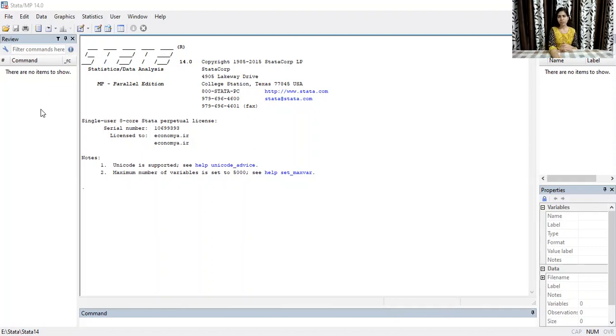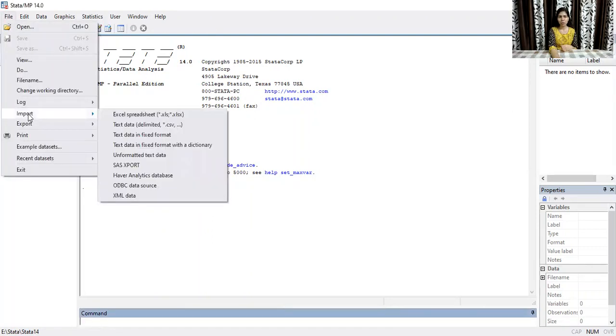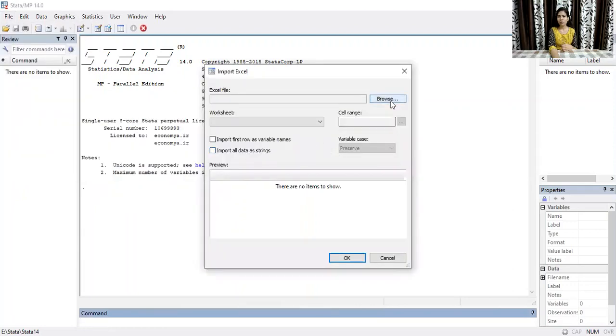So first of all, for importing a file in Stata, you need to go to File, then Import Excel spreadsheet. Now browse your file.